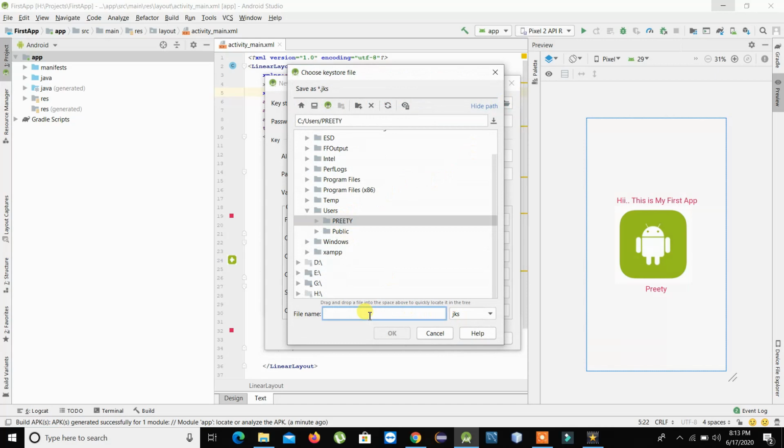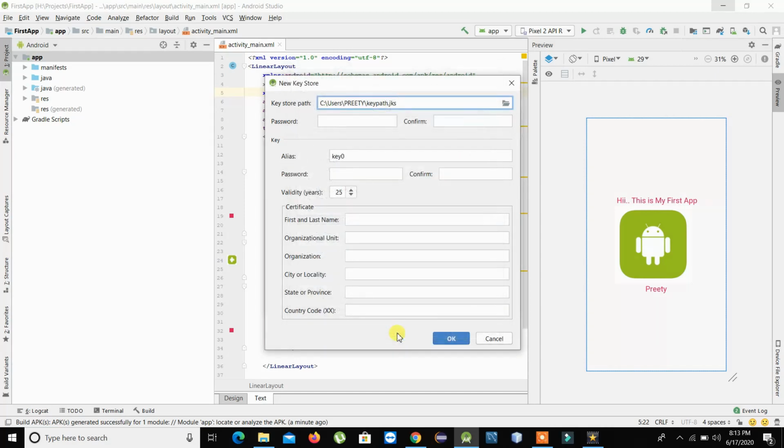Then I'll rename the file name. I'll mention it as key path, and you have to give a password. Make sure that you remember the password, and it should be the same throughout.